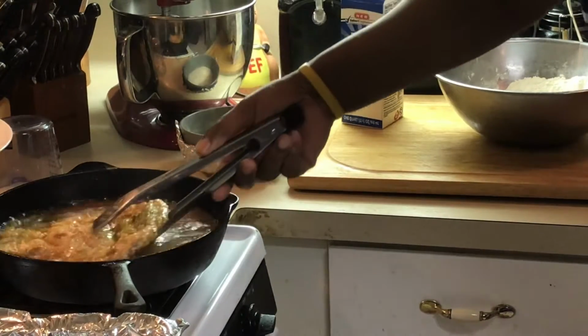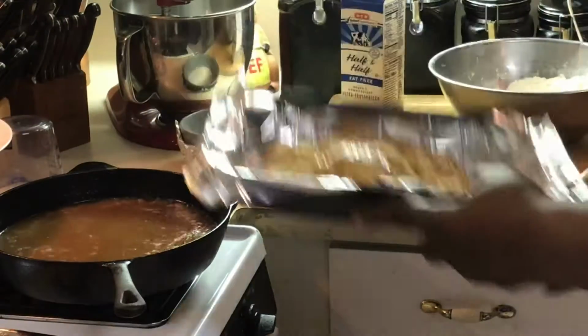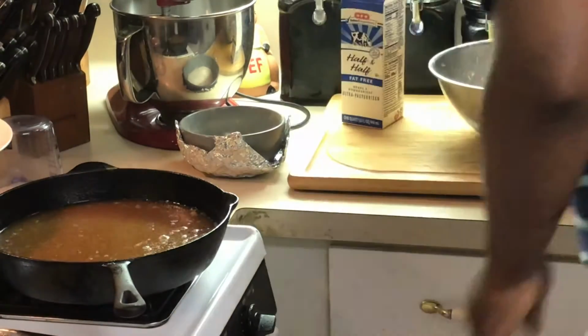This don't take long at all. So I'm going to take it out, put it in a pan. See how pretty that is? Put it in my oven here. Now, what I'm going to do now,